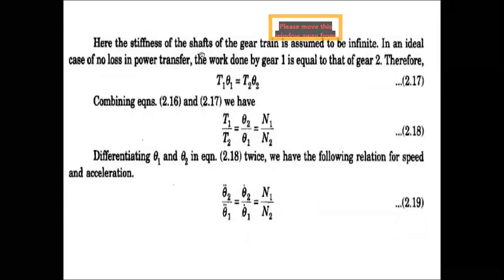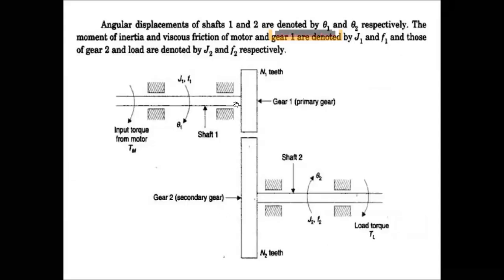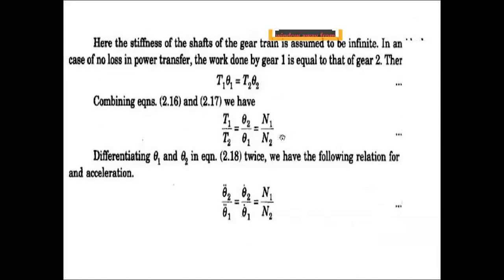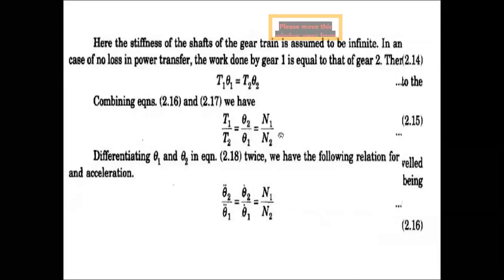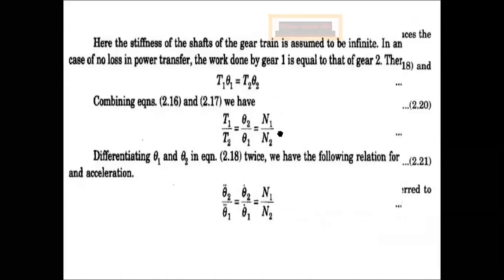Next, let us establish the relationship between torques. Now, the amount of work done by gear 1 and gear 2 will be equal. Let us assume that way. What do you mean by that is, whatever the amount of work this gear has done, entirely it has transferred to this particular gear. The work done by this and this are one and the same. The work done in the case of rotational motion is displacement multiplied by torque applied. Accordingly, we will be having the expression T1 theta 1 equal to T2 theta 2.